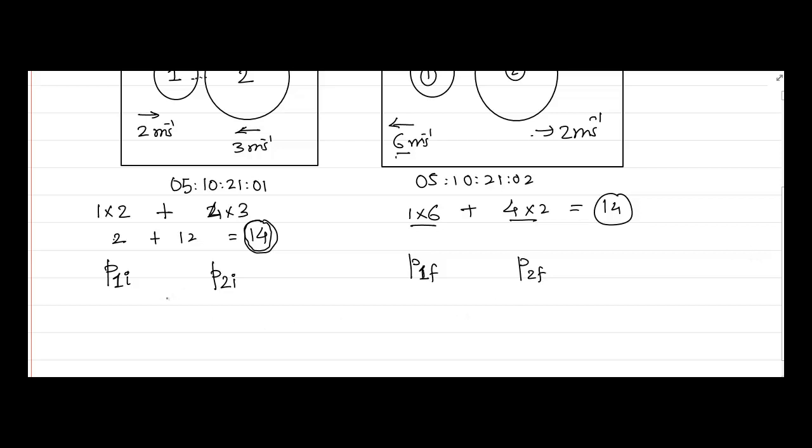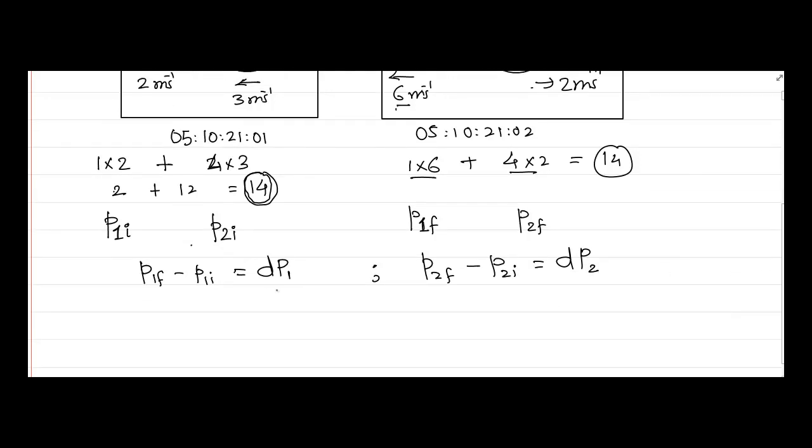And if I find P1F minus P1I, I can call it dP1, the change in momentum of the first body. Similarly, if I find P2F minus P2I, that would be dP2, the change in momentum of the second body. And if I divide this by dt, the very small time during which the collision happens,